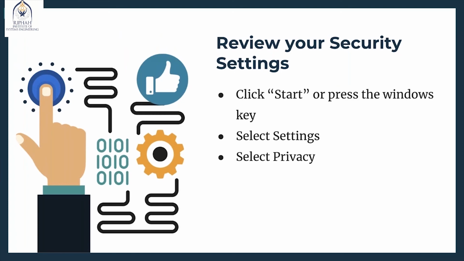Finally, reviewing your security settings. What applications are you sharing your personal location with? What do the apps you have installed have access to on your device? If you are unsure or want to prevent location or other access, you need to review your security and privacy settings. To do this, click Start or press the Windows key. Select Settings and then select Privacy Settings, and then